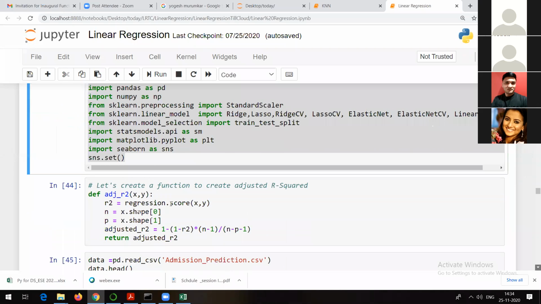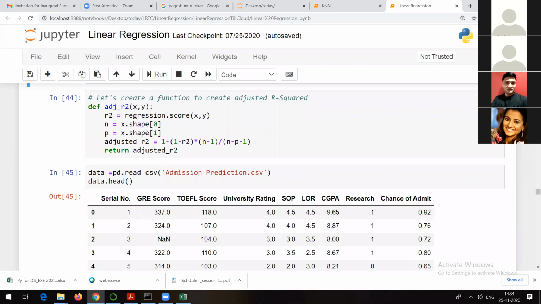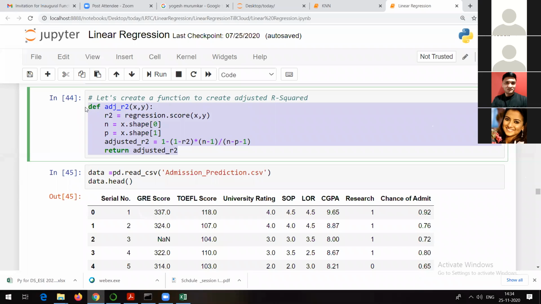Next thing. Whatever you are able to see here is just a function, and this function is calculating a statistic called the adjusted R square statistic.